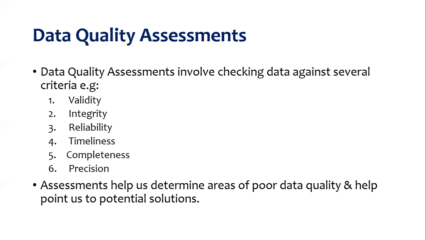Precision. Precision means that data have sufficient detail of measure indicators according to the indicator definition. For example, for an indicator that is focusing on females, you ensure that as part of the variables of your data, you are able to collect the sex. Because if you want to report something about females and you do not collect sex, the respondent could have been male or female. So precision means to have sufficient details that will be able to answer your defined indicator.